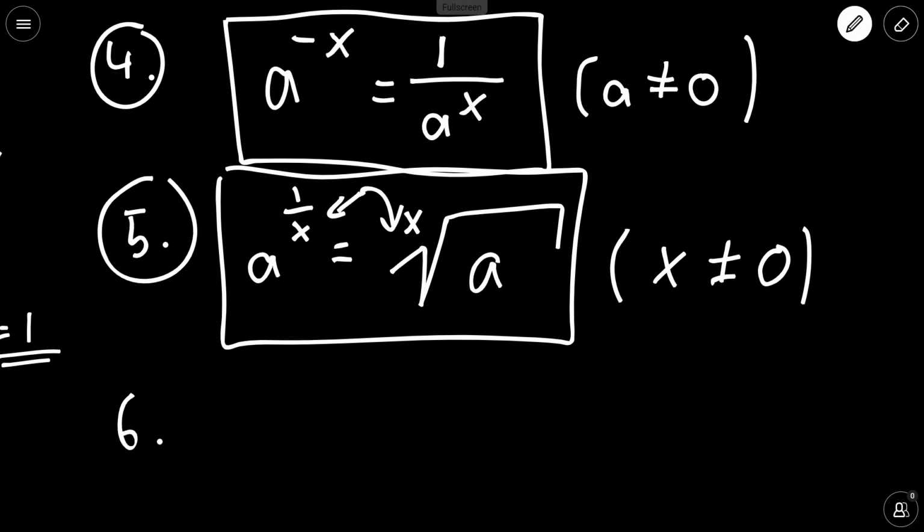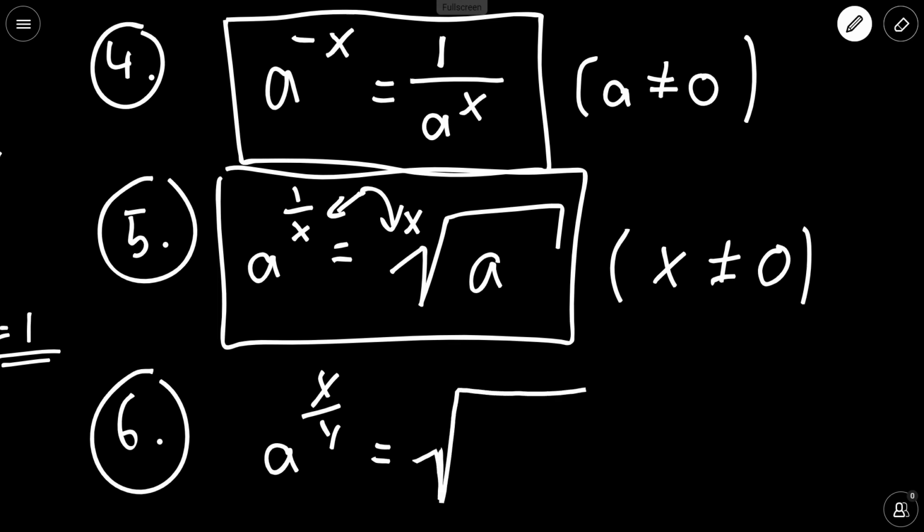Let me go straight away to the 6th one. When we have something like that, I'm just building up, they get a little bit more and more tricky. Let's have a look at this one. If you have something a, our base, raised to a power of x divided by y. Same idea. We want to be able to deal with this in a different way. And so we're still working with this root idea here. So in our example number 5, we had x in the denominator of the little fraction in the exponent or in the index. We made this the xth root. In this case, y is in the denominator, so we need to make sure that y is now the yth